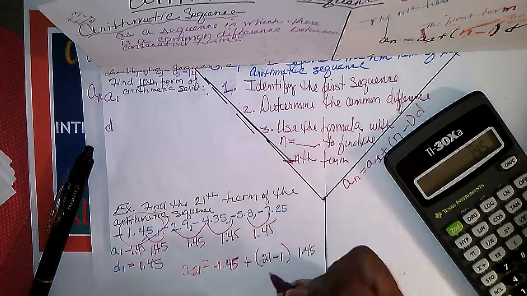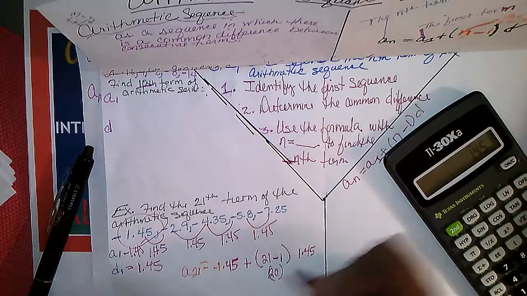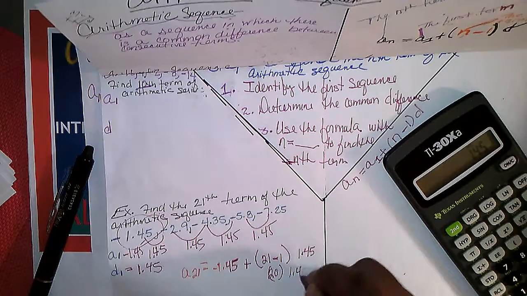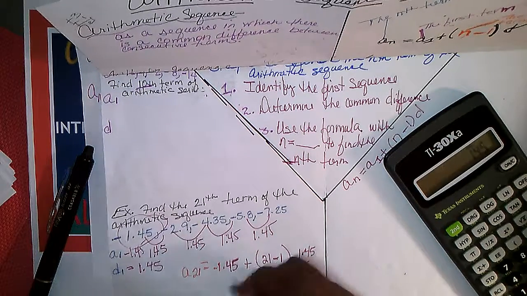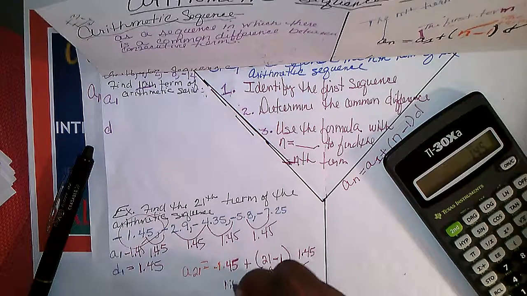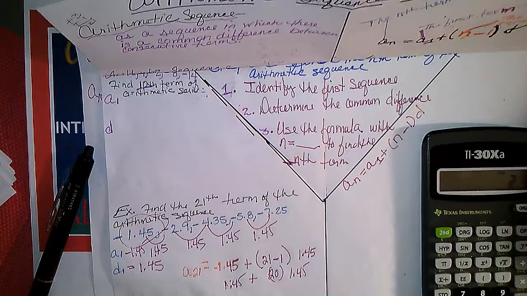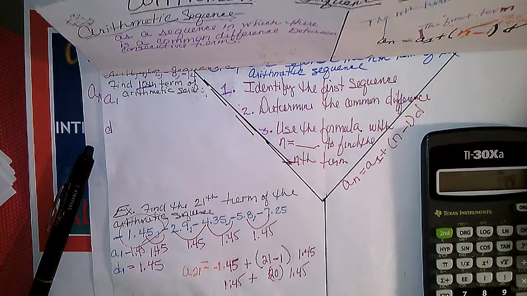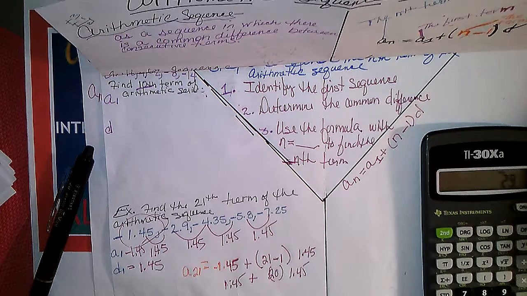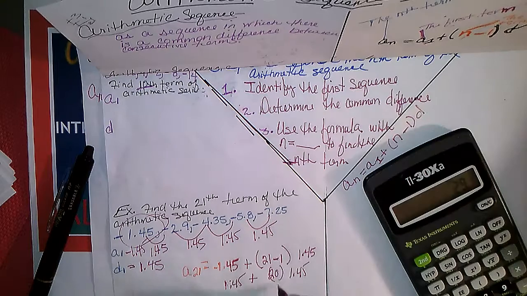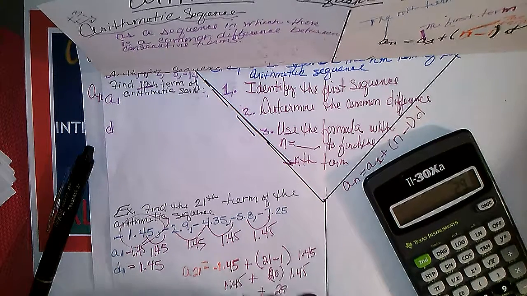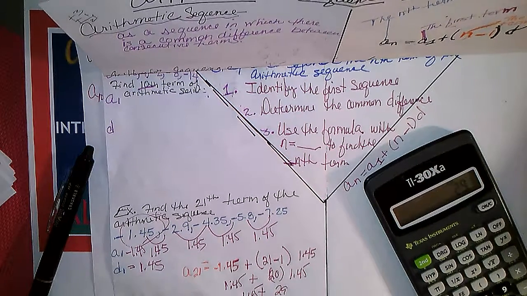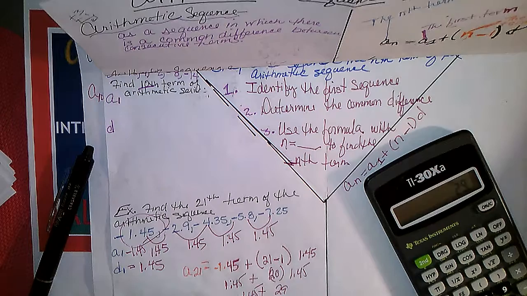So we're going to calculate. That's 20 times 1.45, multiply that together. So 20 times 1.45 gives you 29. And then you have 29 plus 1.45. All right, and that will conclude our answer for a_21, which is